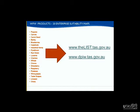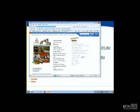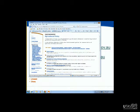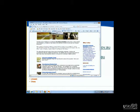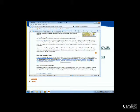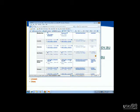Also on our website we've got links, and this is where the technology hopefully won't fail me. So within our departmental website we've got, because agricultural policy helped us with this, they wanted to host our information. It's in investing in irrigation, and we get a little section all to ourselves. Tells you a little about what we do, but it means that you can click on any of these and it will take you straight into